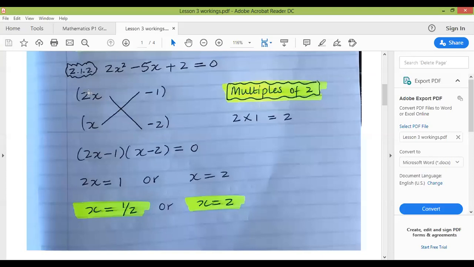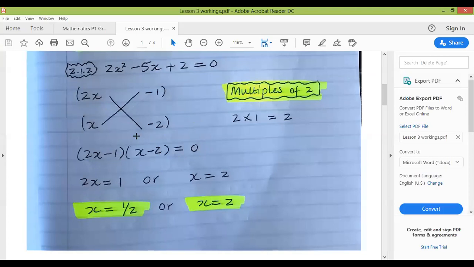Then you must take these as they are. You must put your bracket, even the one that is at the bottom. You must put your bracket there. Then this will be equals to 0. Remember, this was not a simplification question. It was the solve for x question, right? Therefore, 2x will be equals to 1.